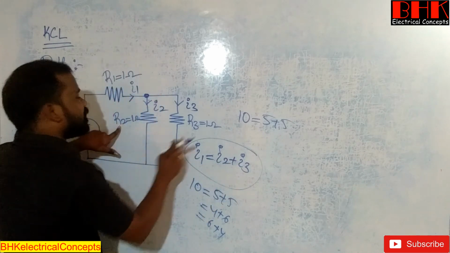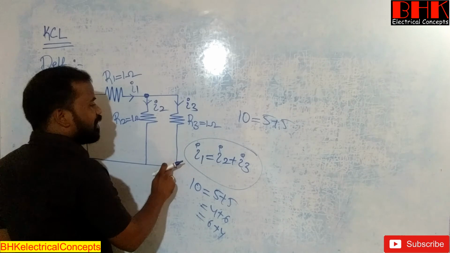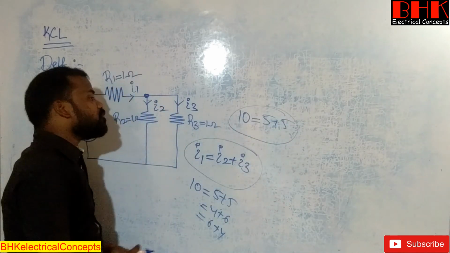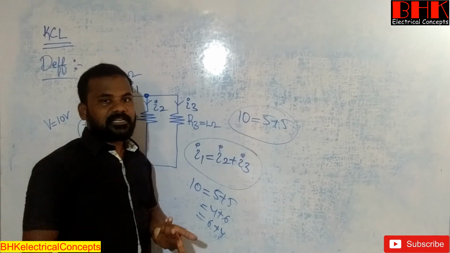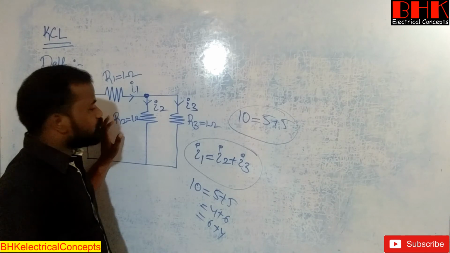That's why the value of R2, R3 both are same. That's why current flowing in R2 is 5. Current flowing in R3 is also 5. Clear? So if suppose we are going to get like this, then KCL is verified. If not, then KCL will not verify. Clear? So how to conduct